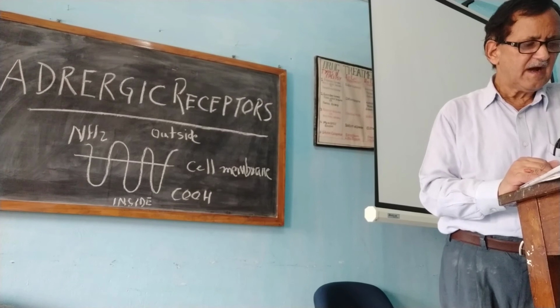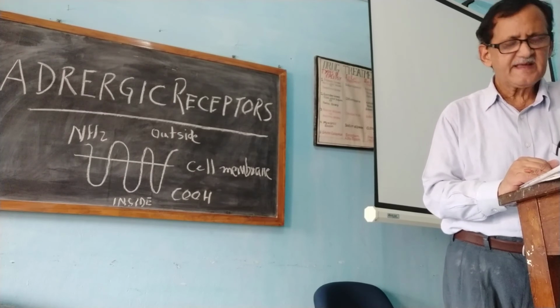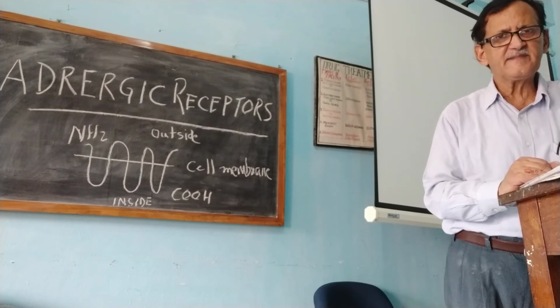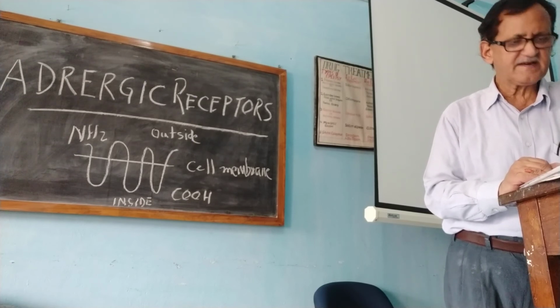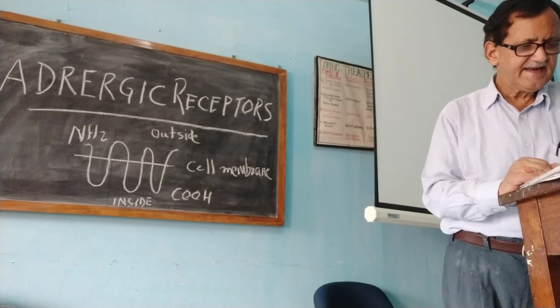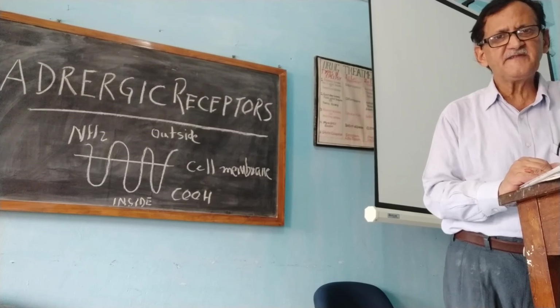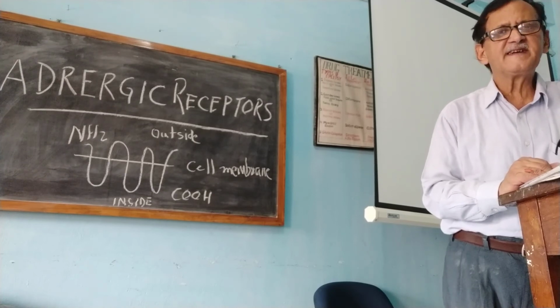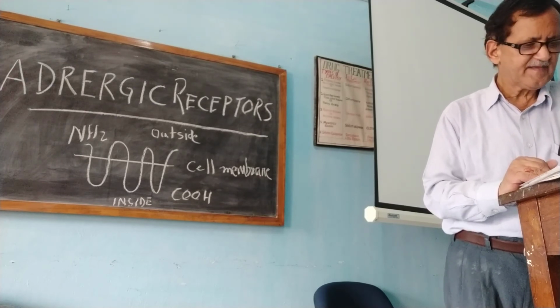Now, how these receptors are activated? Dopamine receptor activation. D1 receptor activates GS protein, so there will be increase in cyclic AMP, and the actions will be stimulatory, most of the actions. D2 receptors activate GI protein. GI protein is inhibitory, and there will be decrease in cyclic AMP. So most of the actions are inhibitory.